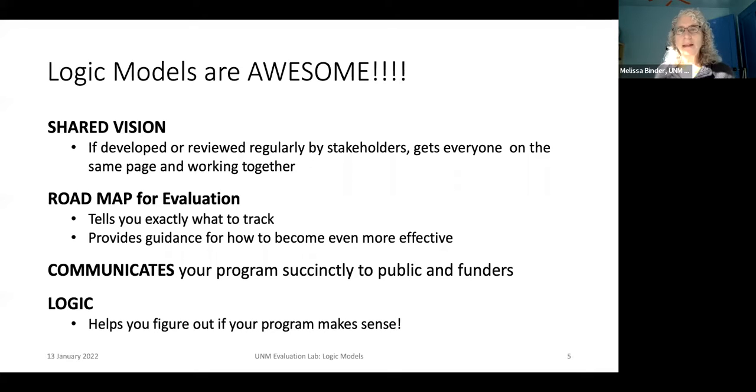It tells you exactly what you care about, exactly what you're hoping to see. It is also a tool in helping you figure out how to become even more effective. The third is that it communicates your program very succinctly to the public and funders. And then we've had organizations working on a new program where they're like, oh, wait a minute.